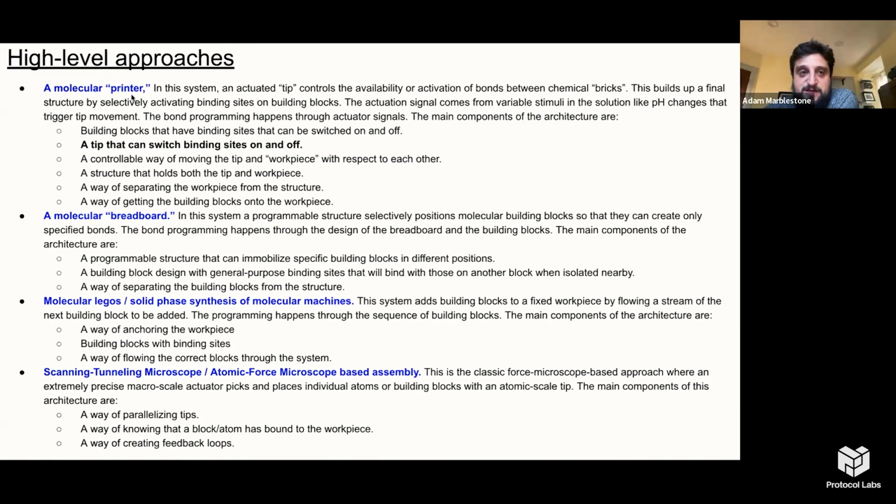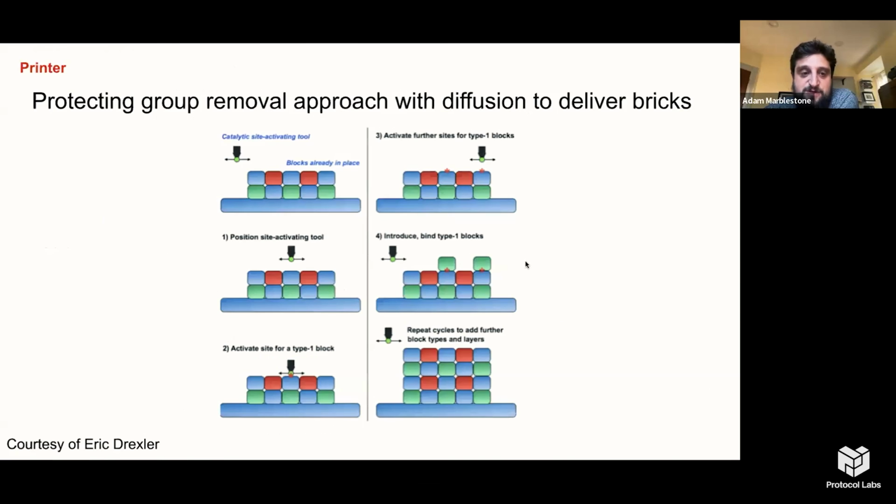But the molecular printer, I think, is kind of the essential one, maybe to focus on. And so there are 2 different versions of this. This is borrowed directly from Eric Drexler, maybe unsurprisingly. So in one version, you have some set of building blocks already in place, and all that you're doing, with your positional control, is controlling which of these blocks have some deprotection, right? So they become activated to be able to react with other blocks when they're already in the structure, and you're controlling which ones get activated with this positional